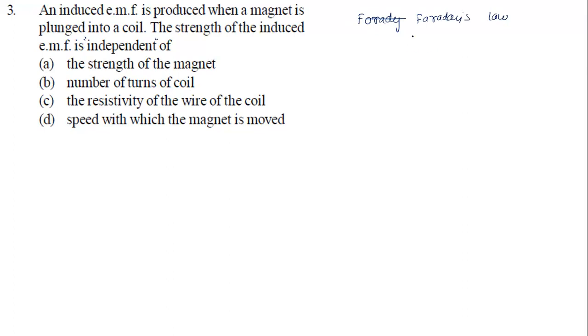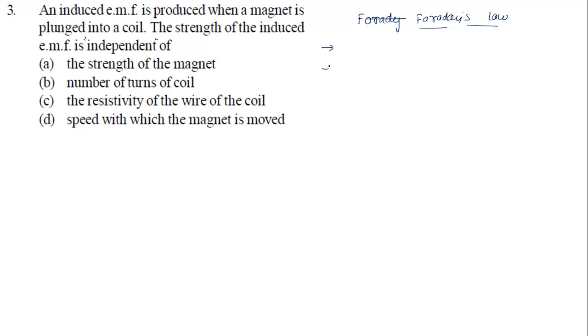There are some experiments. Do you remember experiment number 1? Coil, magnet. From all those experiments, we got conclusions. There are two conclusions. First conclusion: the EMF exists as long as the change in magnetic flux continues. Yes or no? Induced EMF exists in a circuit as long as change in flux continues. Means if change in flux is there, then there is an EMF. If flux is not changing, then there is no EMF.